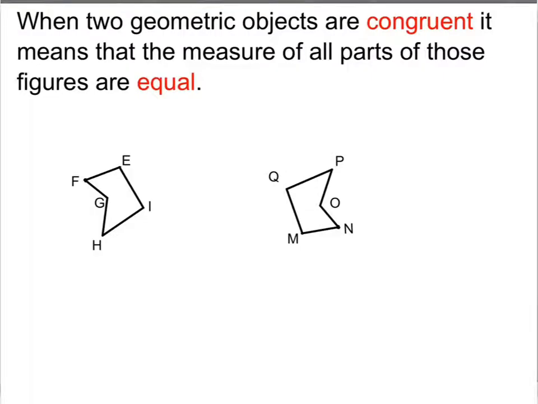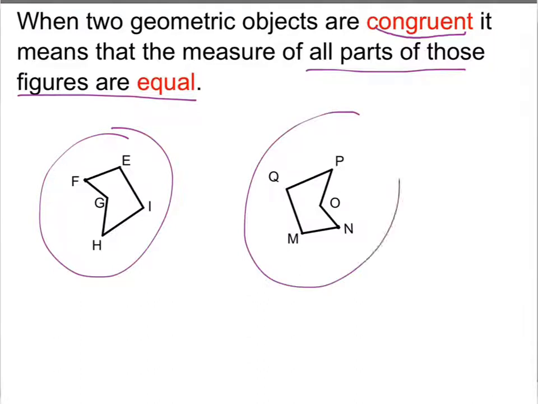Okay, so to define congruency, when two geometric objects are congruent, it means that the measures of all parts of those figures are equal. So if I said this is a polygon with 5 sides, and I said that this one was congruent to this one, it would mean that all side lengths